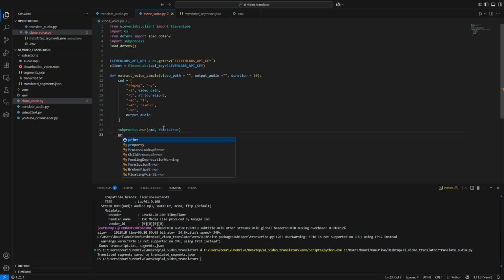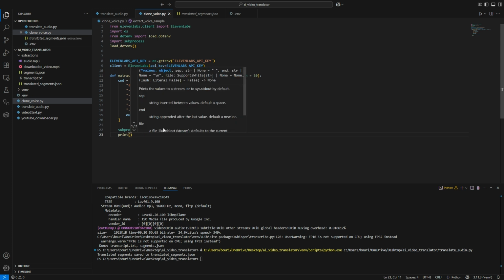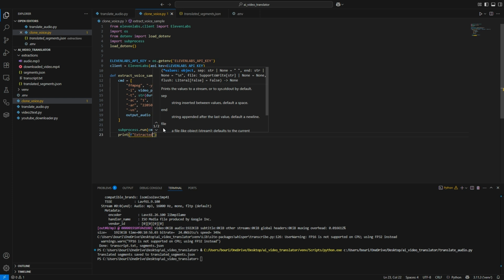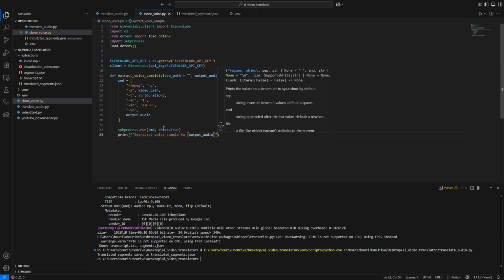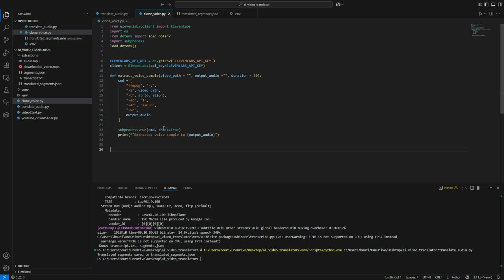Moreover, we can just debug and say print extracted voice sample to this output audio. Once we got the extraction as we want to, we can now upload